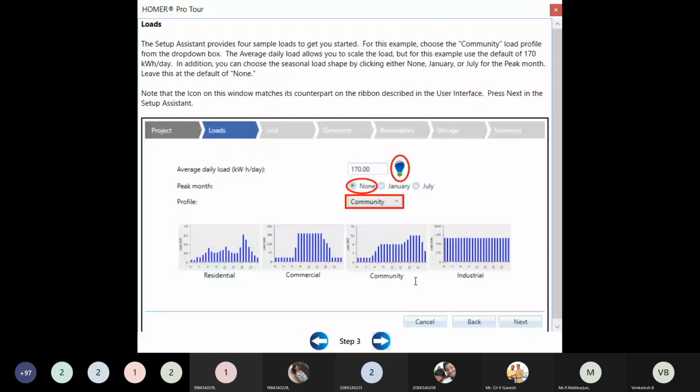To meet that load requirement, we need to select particular DGs, then optimization comes later. Homer has already predefined loads such as residential. You can see here residential loads, commercial loads, community loads and industry loads. And when I was talking initially, I was telling about the blank load. Blank load means you will have a load menu, and depending upon your analysis and your inputs, you can define your own load. That is also possible.